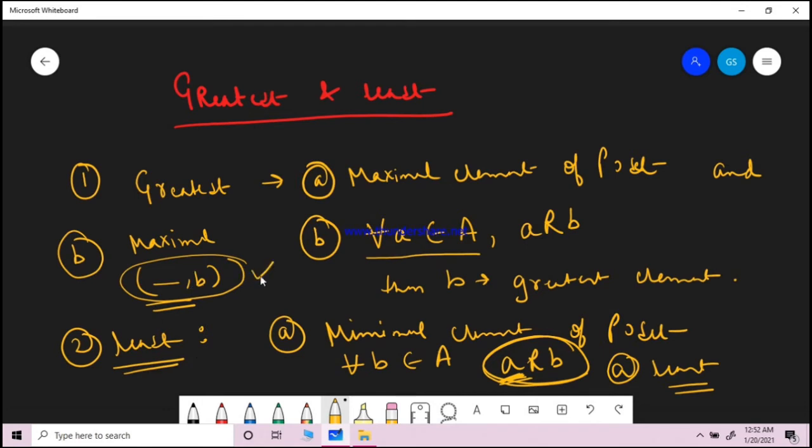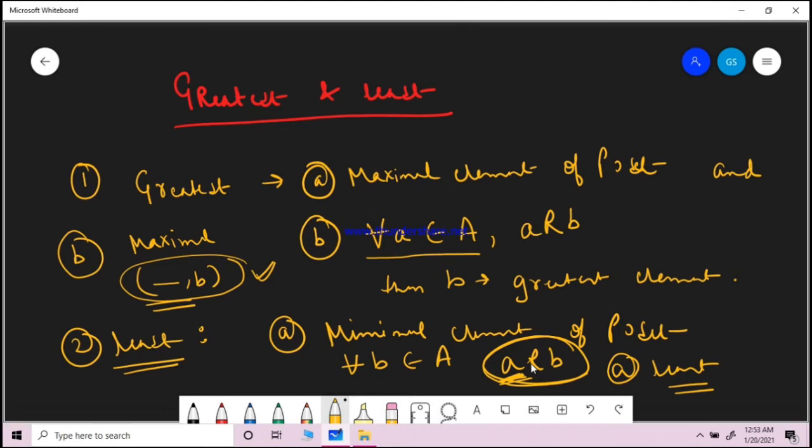So this is the trick that you can use in the GATE exam or any competitive exam when you are in a hurry to solve the question. You can simply use this trick. B has to be the maximal element, plus in every other relationship this condition is always true, means B is always in this position. In the same way, A is a minimal element, and this condition is always true. A always appears on the left side. And you can simply say that this is the greatest element and this is the least element.